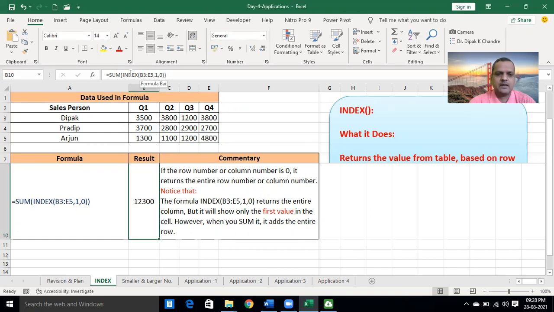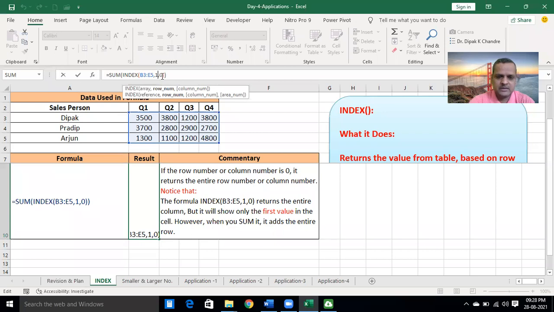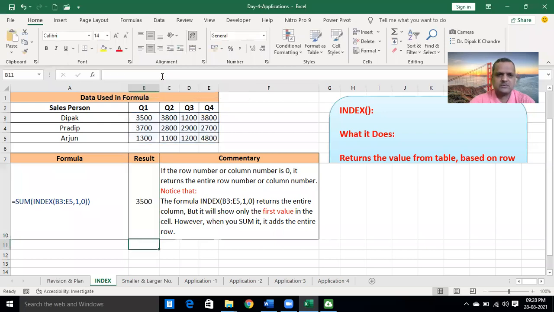How does this 12,300 come? It is the addition of the first row. If you write 1 instead of 0, the addition is 3500.